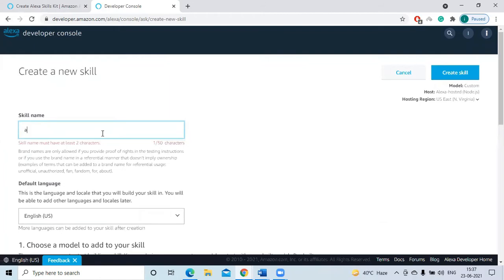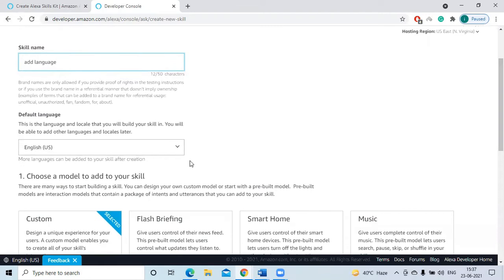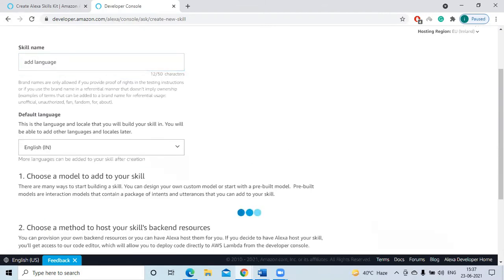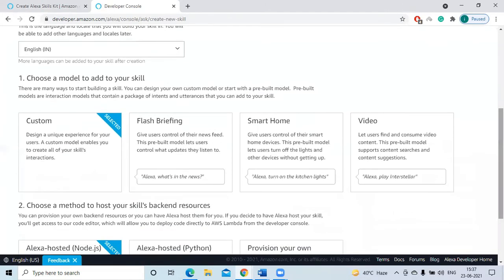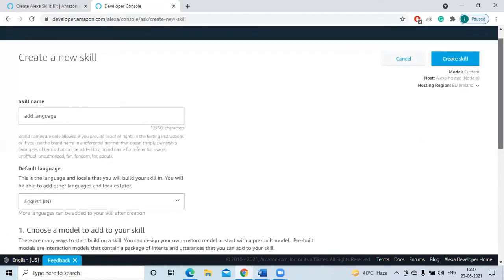Add language. So this is my skill name. And then here my preferred language, default language, I am choosing Indian English, and then Node.js. So if you want, you can go with Python also. I am going with Node.js.